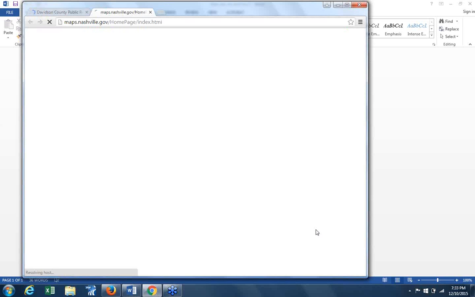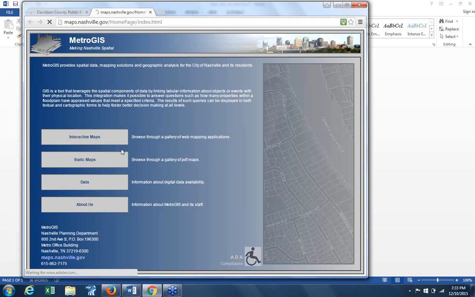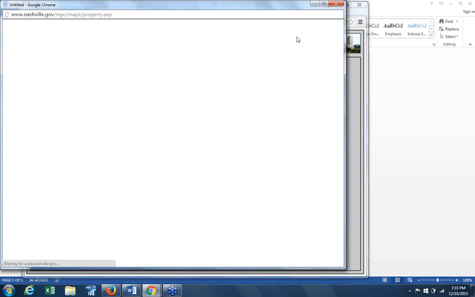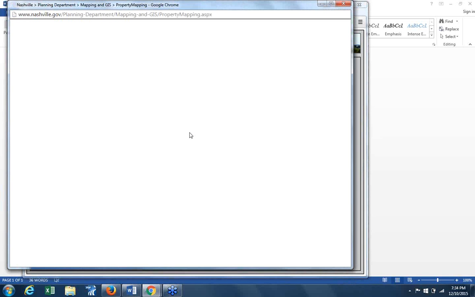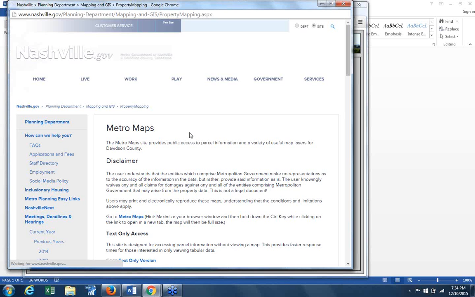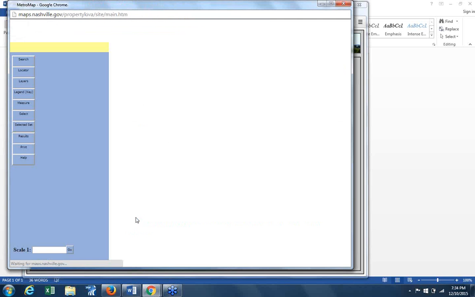So I went to the interactive maps, and I went to property maps, thinking I was going to the property appraiser site, just wanted to check it out. And I found some great stuff in here. It kind of goes along talking about floods as soon as it pops for me. They have a pretty robust GIS, and it allows me to look at all kinds of things. It's called Metro Maps. There's a map key on the left, and the map's coming up now, but I want to bring attention to something called layers.